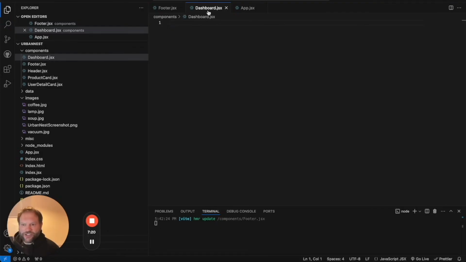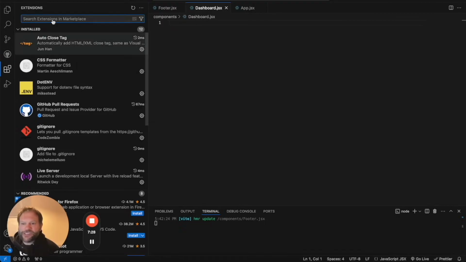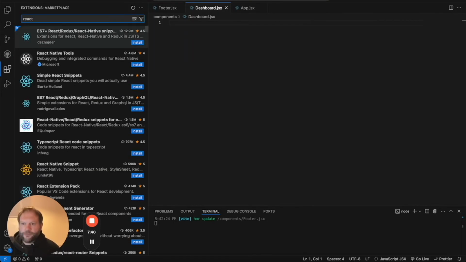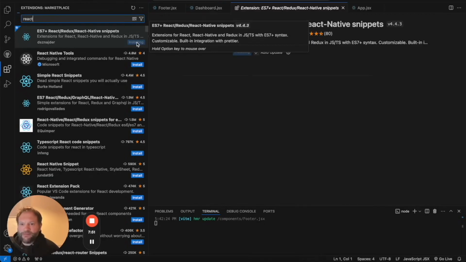Adding an extension in VS Code is really easy. We just come to this icon right here, or you can go to Views and Extensions. And then in here, you can just search for the extension you want. You could just use a keyword and see what comes up. I actually know the one I'm looking for, but if I put in React, it's this first one which comes up. It's ES7 plus React Redux React Native snippets. A really snappy name. All I need to do is click Install.